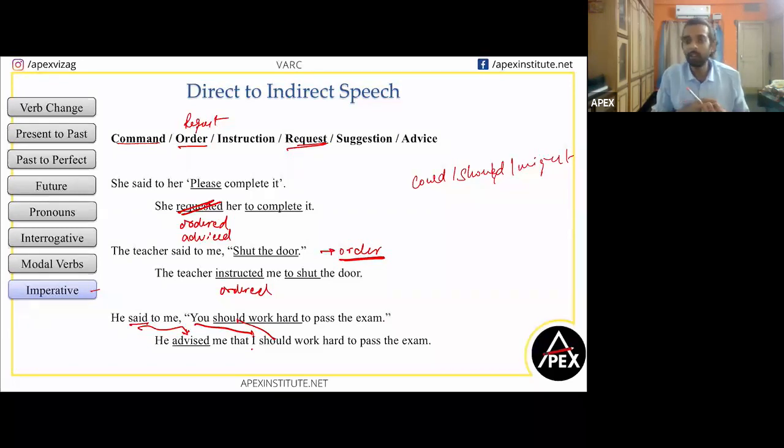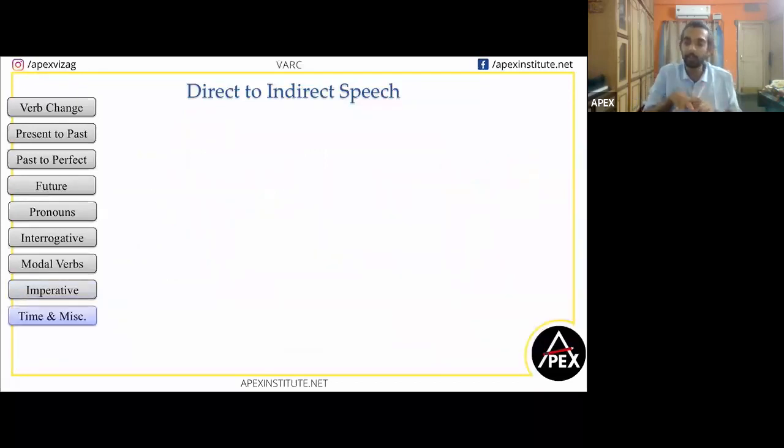See, though we are using the word please, that does not always give a connotation that it's a request. Okay, yes, traditionally please is used for requests. I agree. I'm not saying no. But just because I'm using that word please does not always make it a request. Okay. So these 3 examples are done. Can we go to the next one?